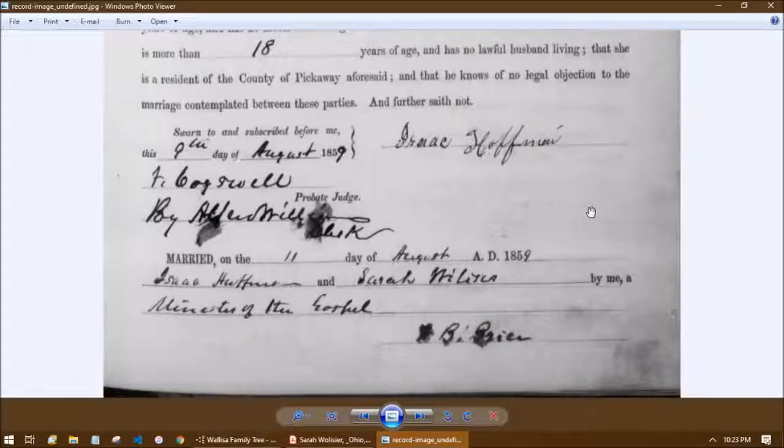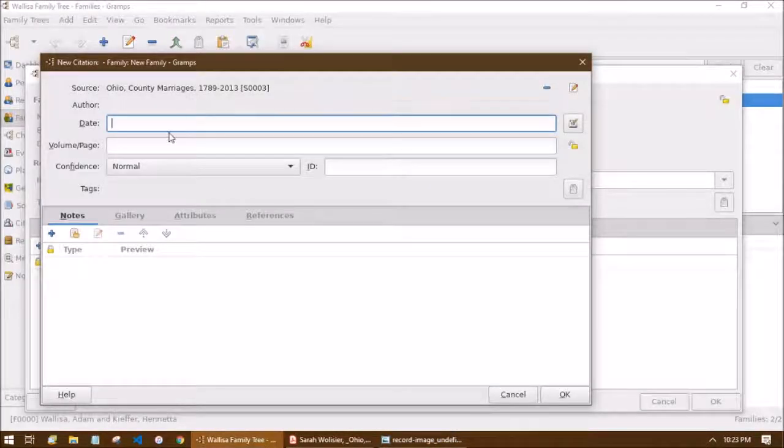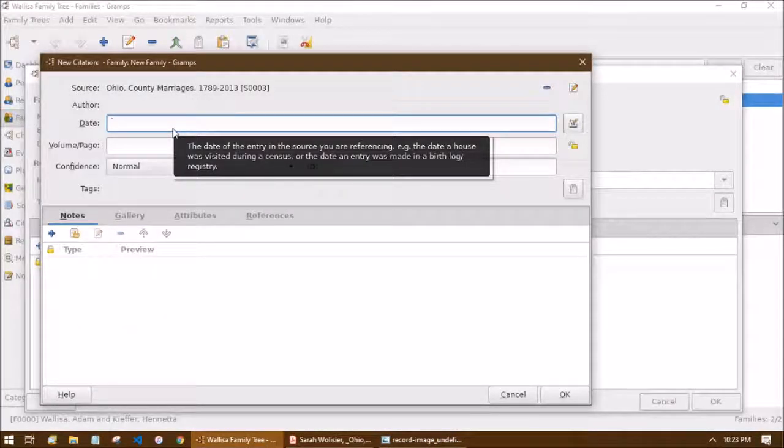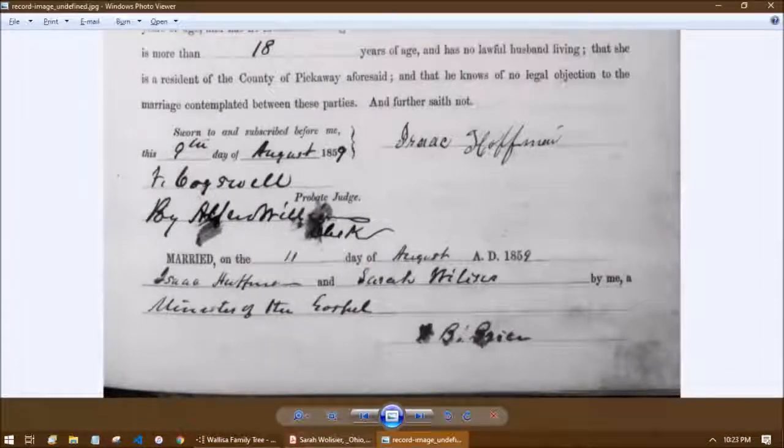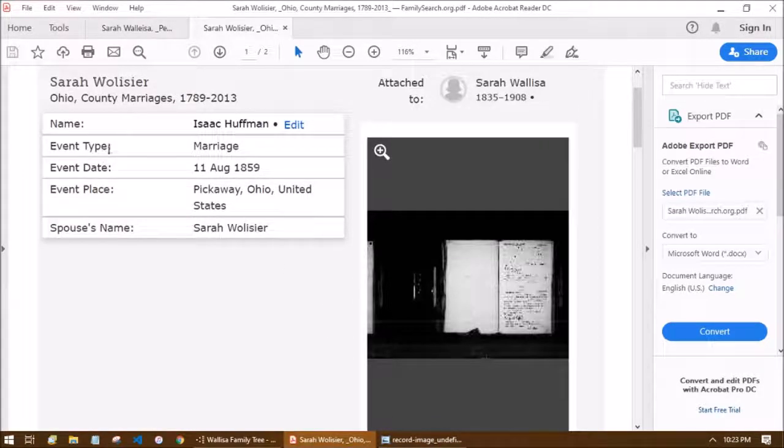Well, I tend to use the one that I'm more interested in if there are two. So I'm going to use the 11th of August, 1859. I could use the 9th of August. It doesn't really matter as long as it's going to help us find the record again. So again, I will use the 11th of August, 1859. And the volume or page, okay, so we want to again go back to the way that it was